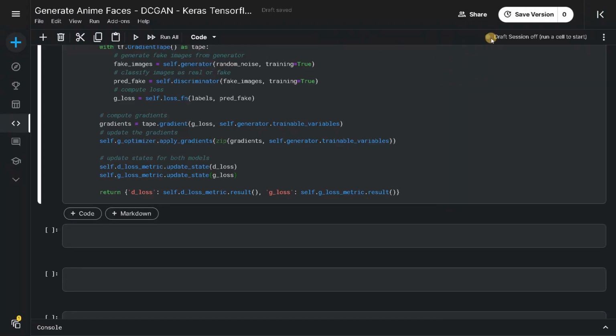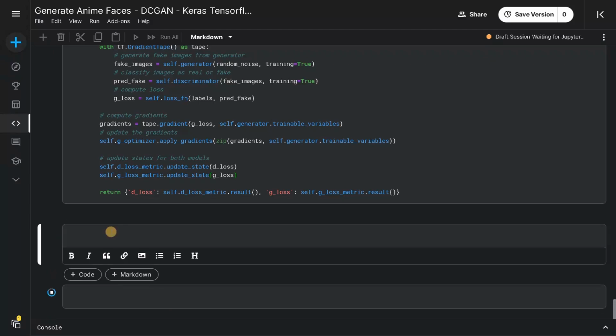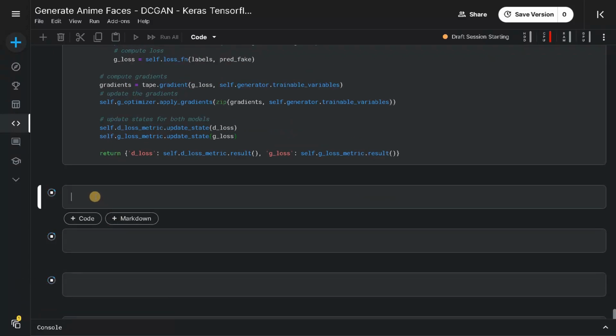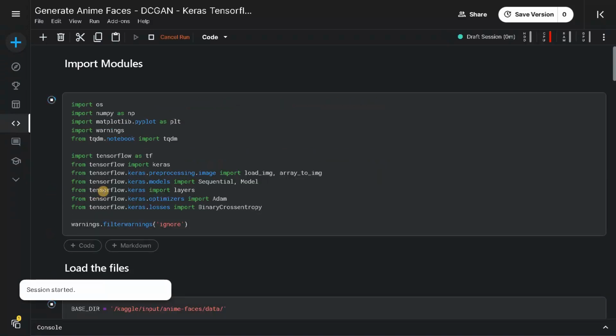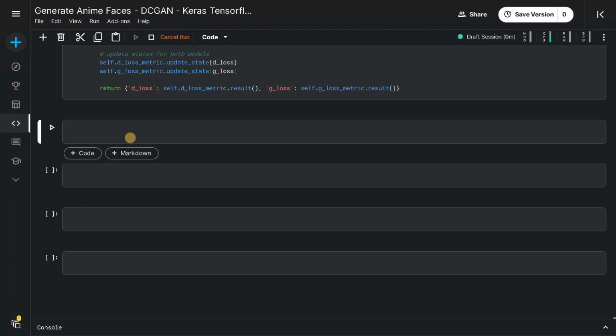Okay, I have to run some cells. I will just run all. Okay, I think we don't need the markdown. And after this, as I said, for each epoch or some epochs we have to print or plot some images. Plot some images means we have to plot the prediction of the generated image just to see how the quality is improving. So we will create another class